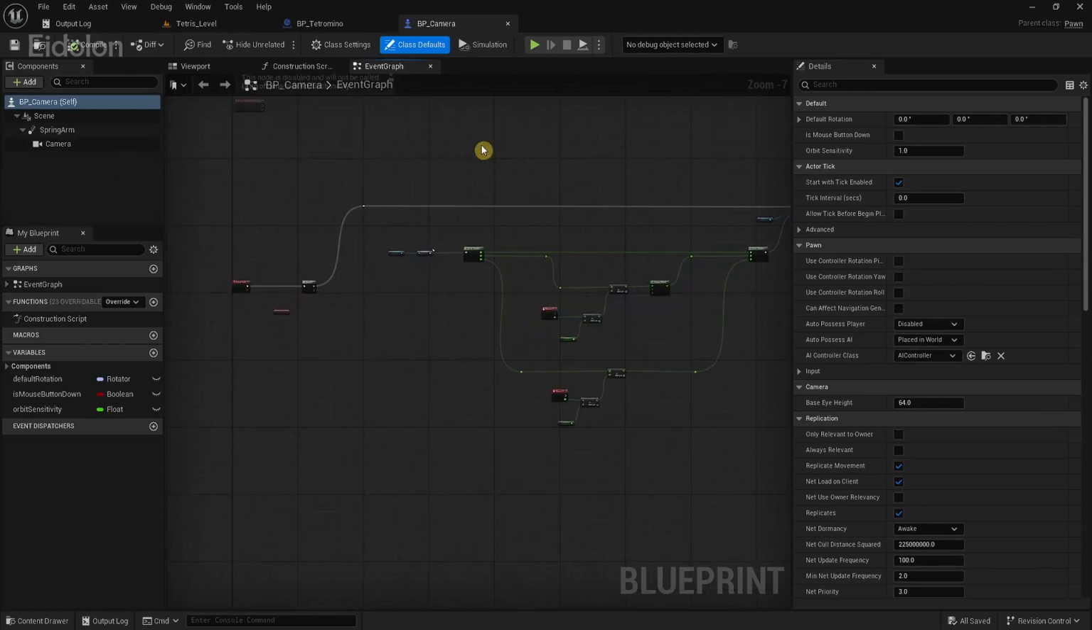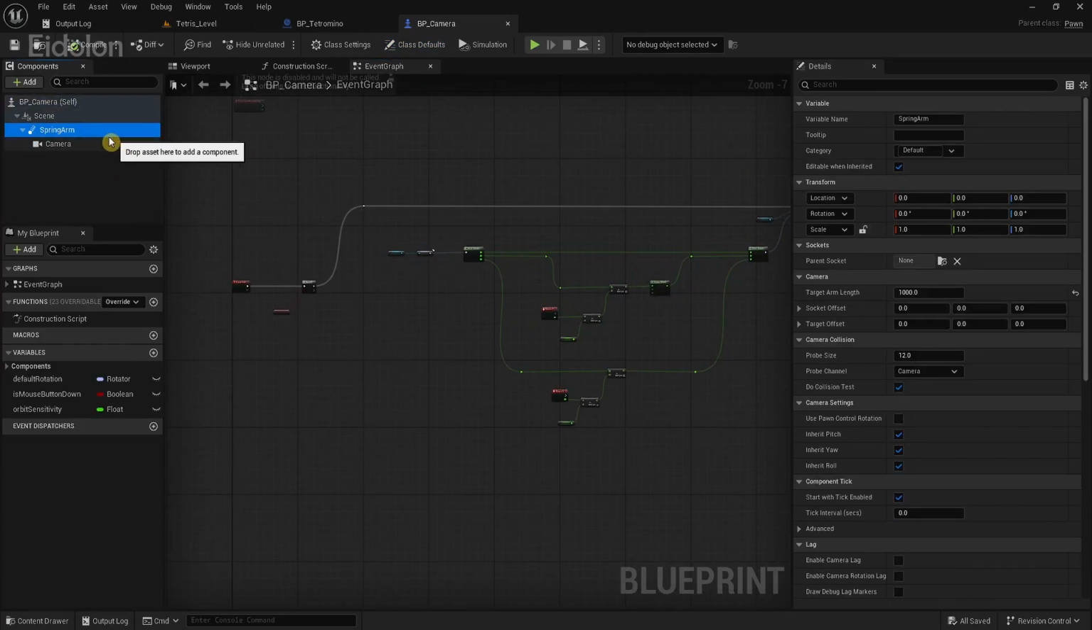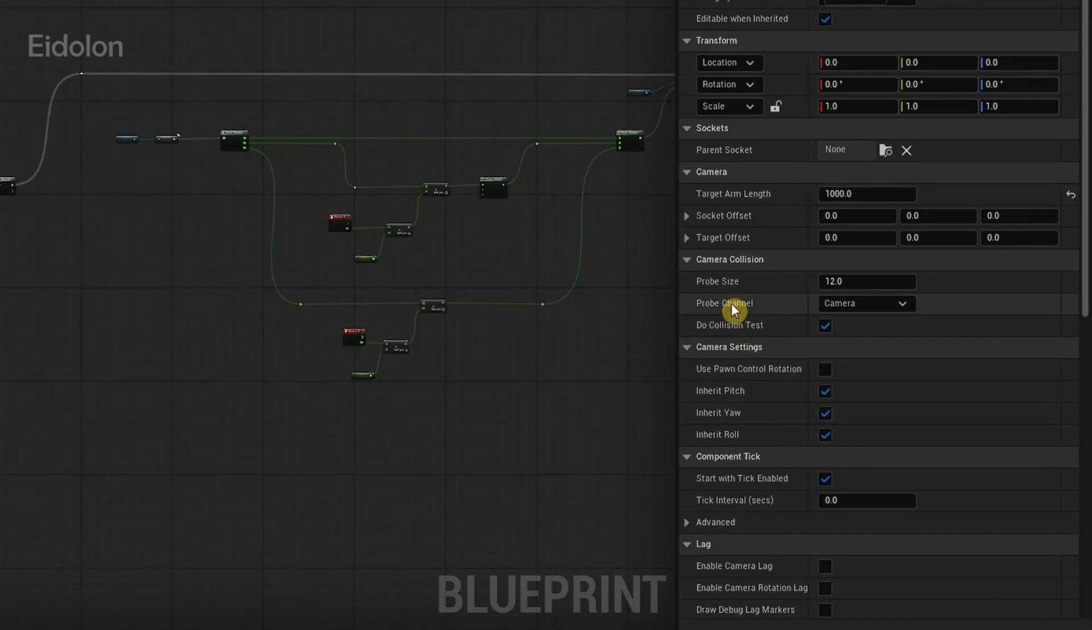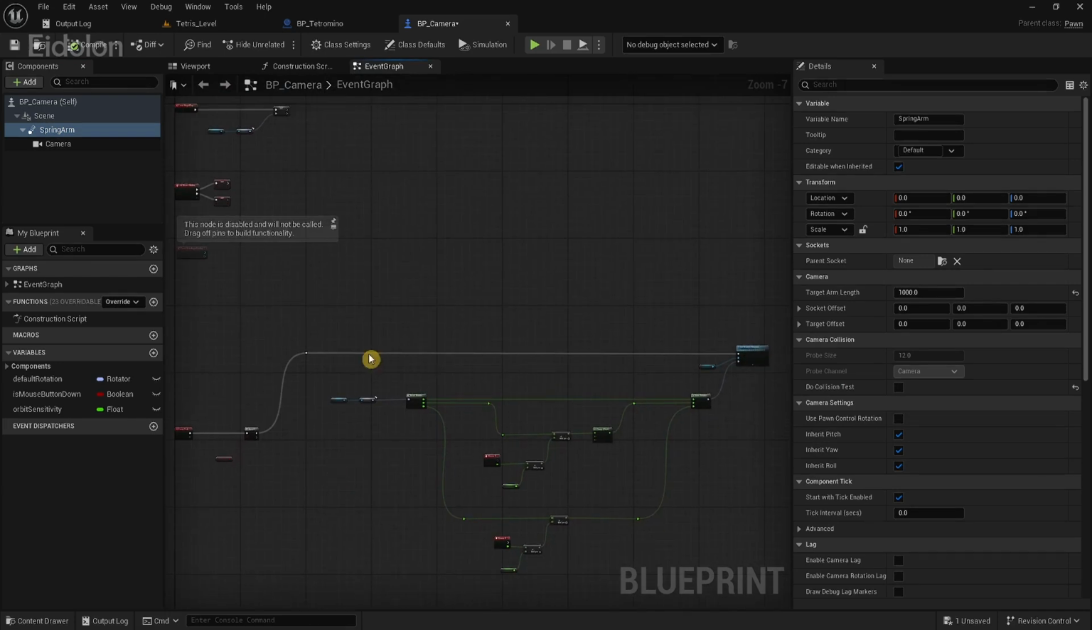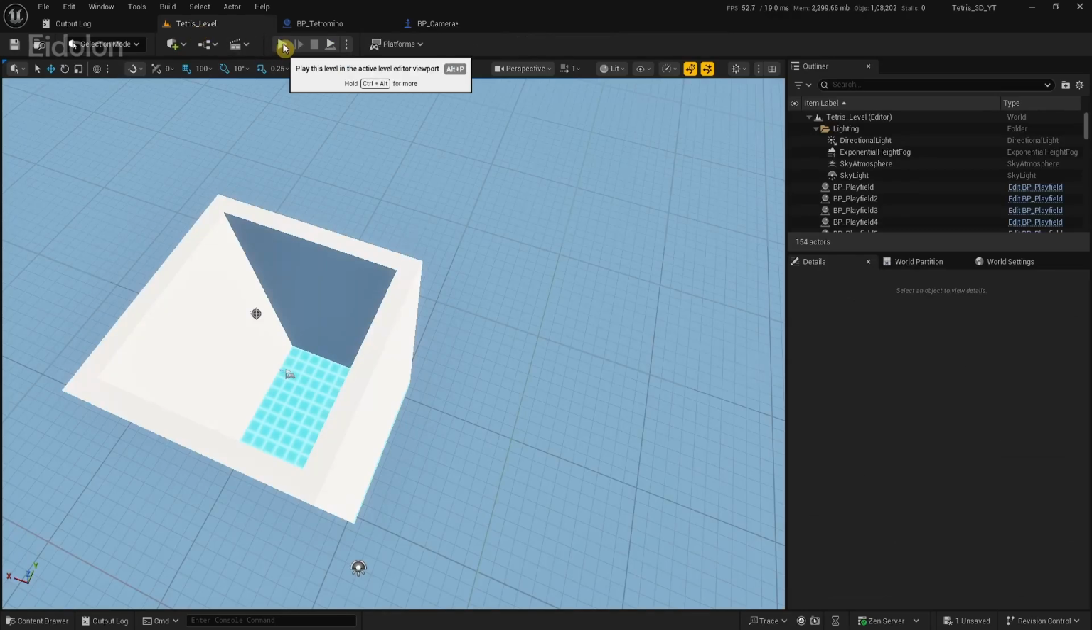So back in our BP camera, in spring arm over here, in the details, we have this option called do collision test. I want you to disable this. So basically this setting enables collision detection for our camera, and obviously for this game we don't really need our camera to detect collision, so just disable that. And then if we were to run our game,